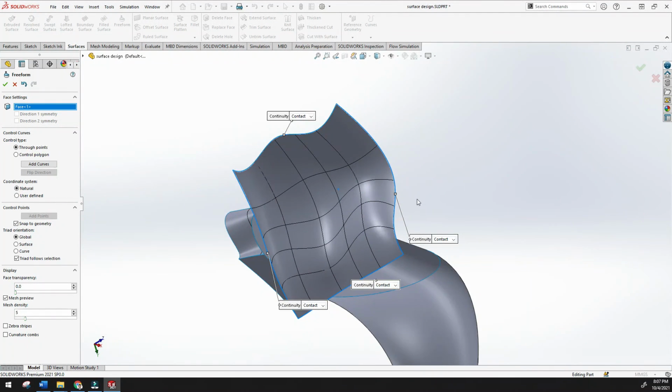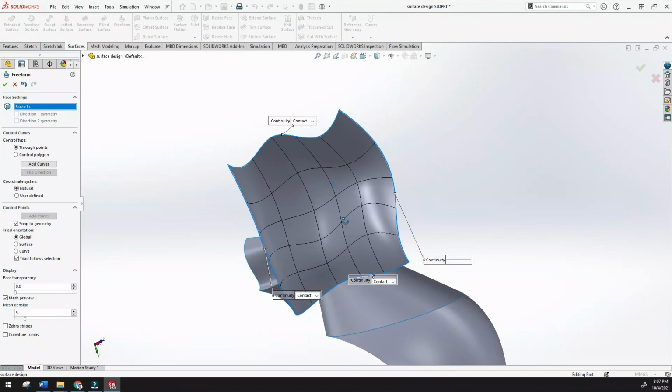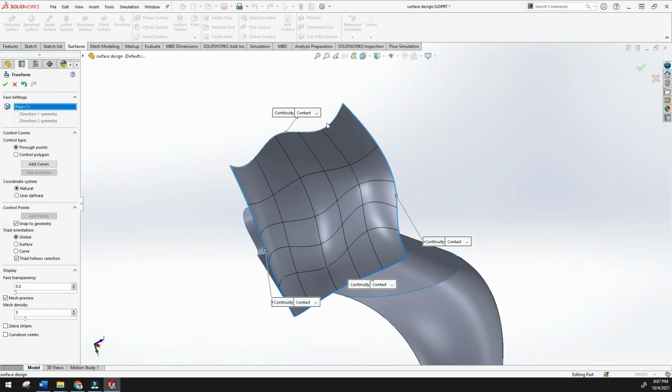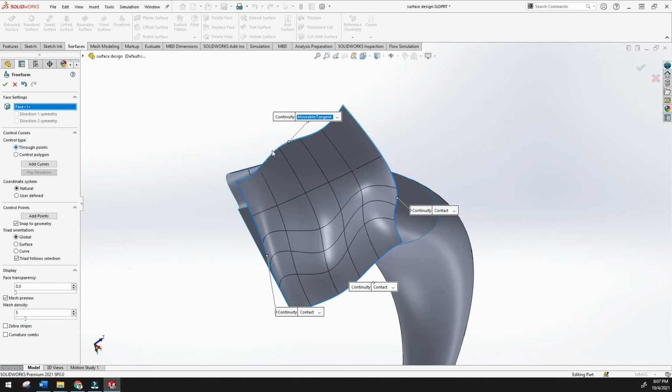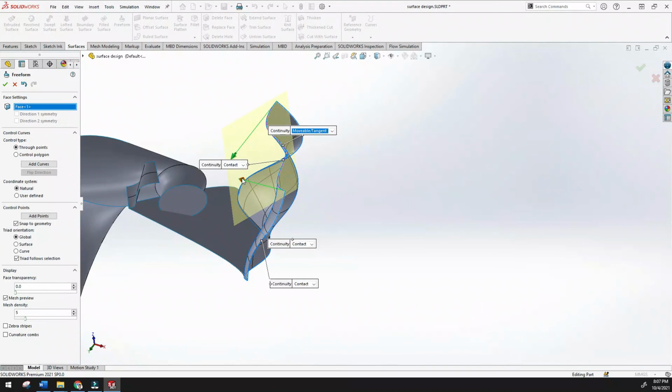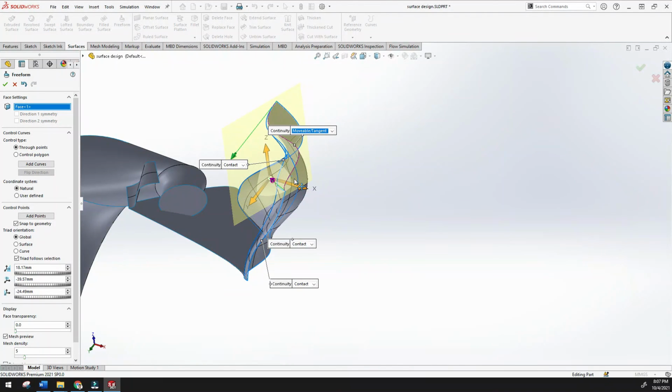See, there are almost 4 connectors, and by using these 4 connectors I can modify like movable, tangent, curvatures. Okay, let's use this one, and here is the option. You can see I can just manipulate this by using these 2 arrows.